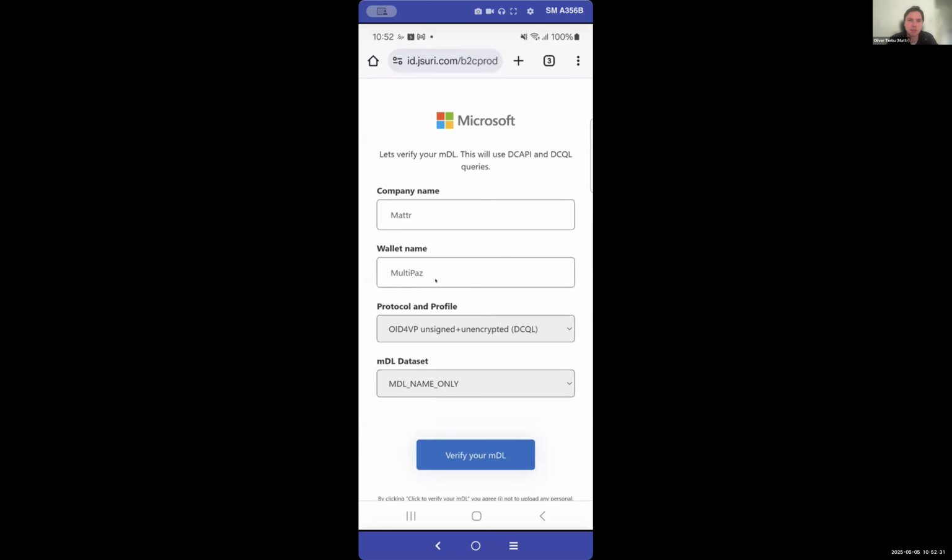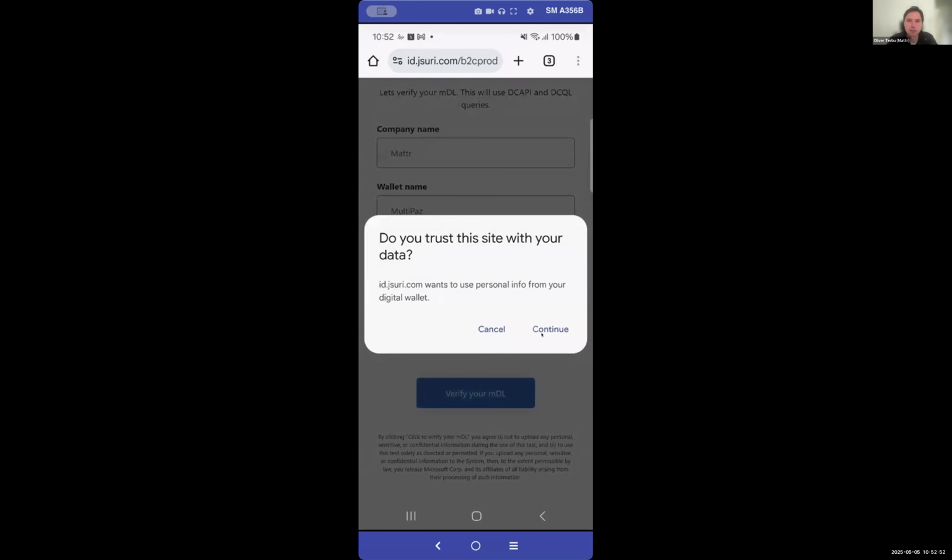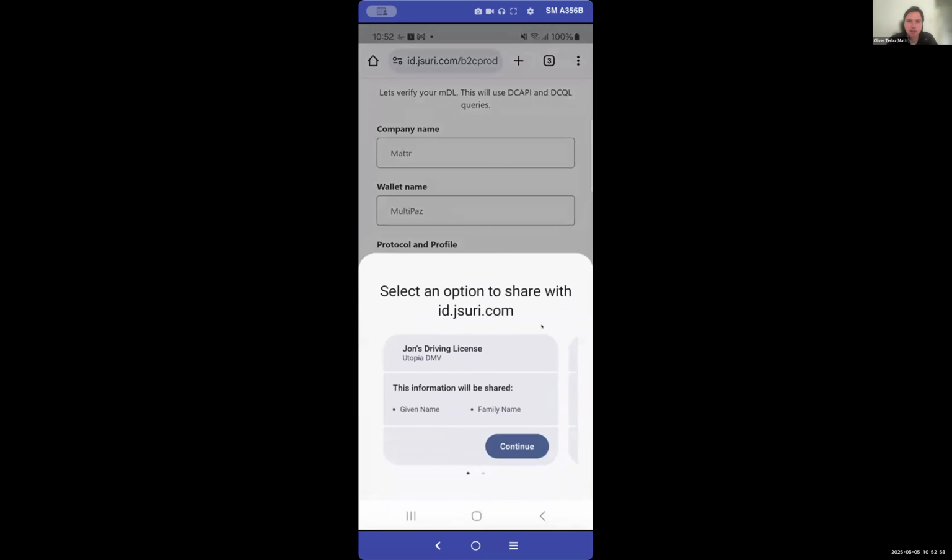I'm using the multipass wallet, the OpenID for EP unsigned, unencrypted protocol, the DC API, obviously. I'm also going to use the same device flow. In this case, I'm going to request MDL name only, so it's going to be an ISO MDoc that is expected on the verifier side. This view can actually be disabled, but I didn't disable that yet.